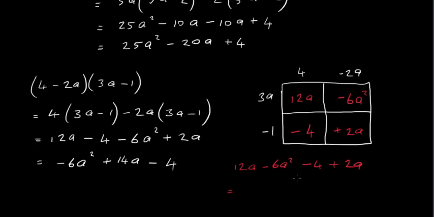Let's do that now. We have a minus 6a squared, no other a squared, so I'm going to write that down first. It's the highest power, so I'm going to write that down first. We have a 12a plus 2a, that's plus 14a. And then we have this minus 4 here as well. So we end up with the same answer that we got previously. So I'm going to leave that at